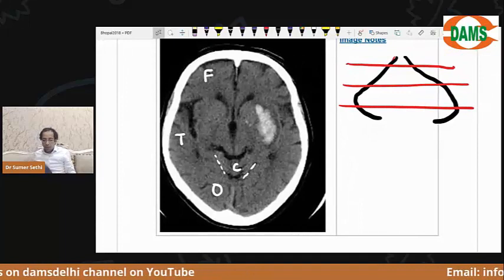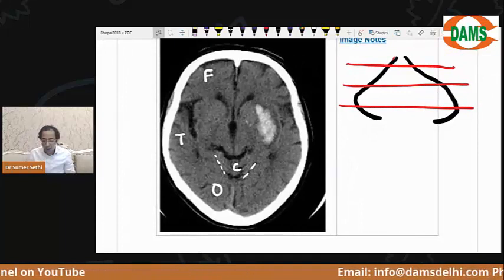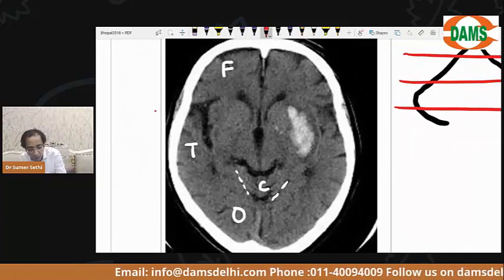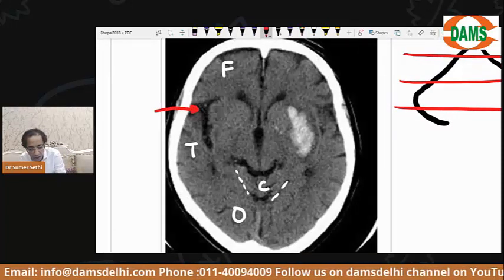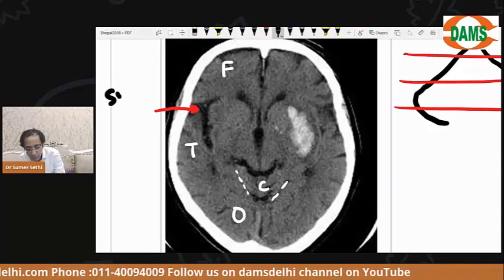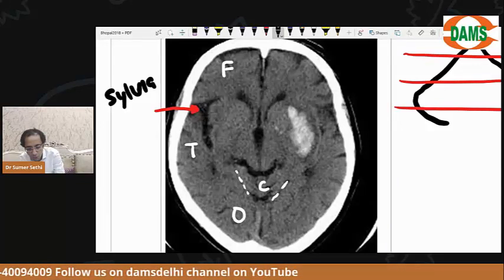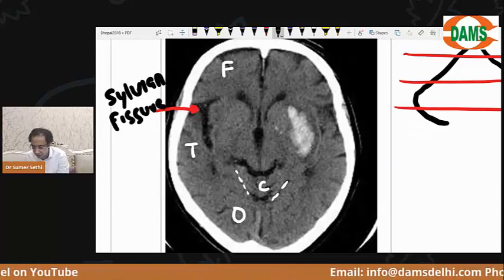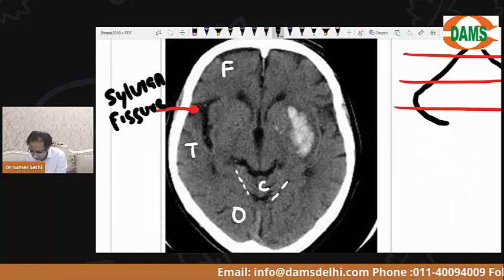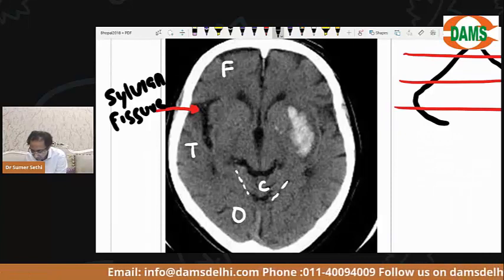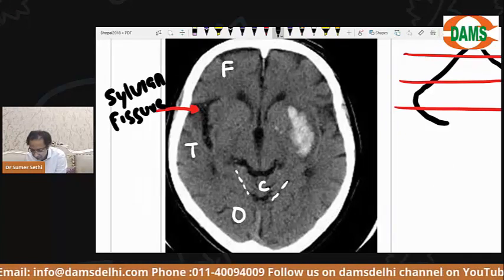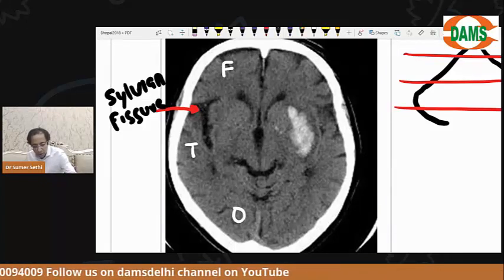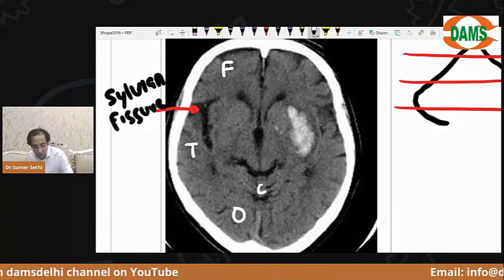So I'm just giving you the basic outline here: frontal lobe, temporal lobe, occipital lobe. Now, can any of you tell me, can you see this large sulcus, this large fissure between the frontal and the temporal lobe where your middle cerebral artery is dividing? That is your Sylvian fissure. Everybody gets it? Everybody understands? Now, once you are clear about this area,